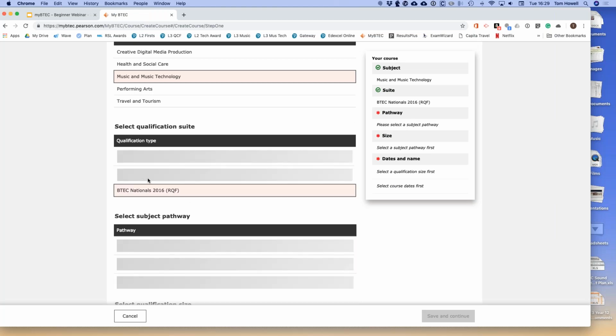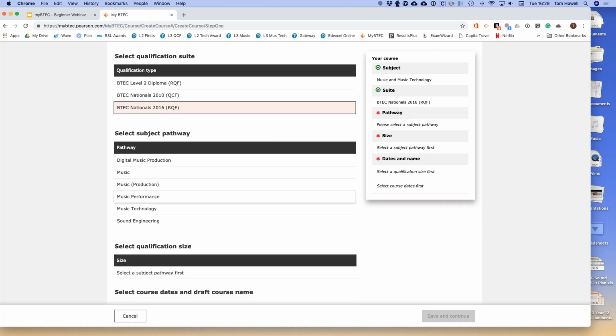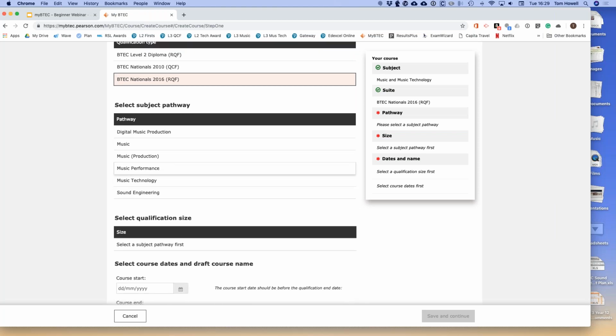I'm going to go for the nationals. It then says, well, what are the subjects or the pathways that are available within that, and you can see it's ticking off here as we go. So I'm going to go for sound engineering,